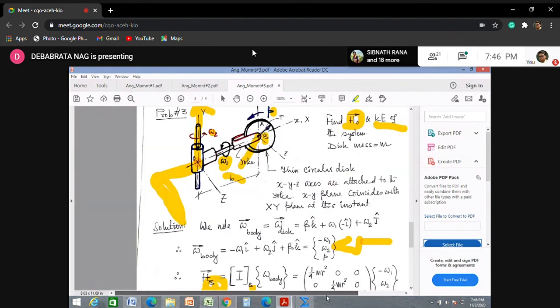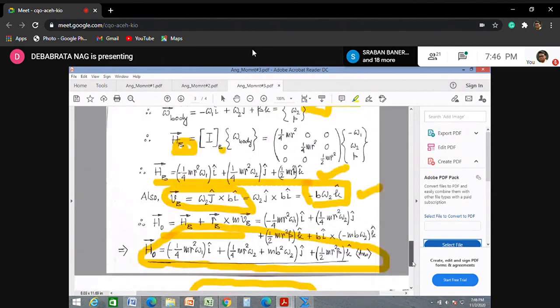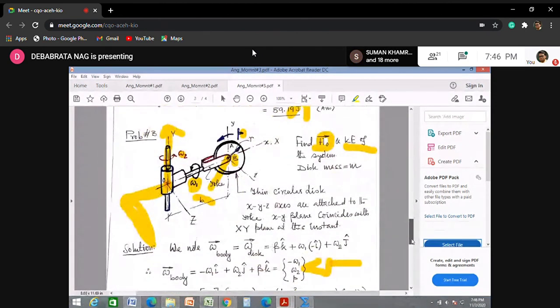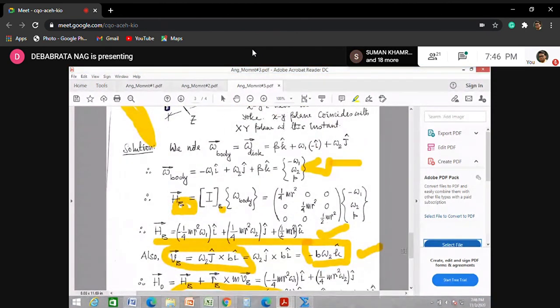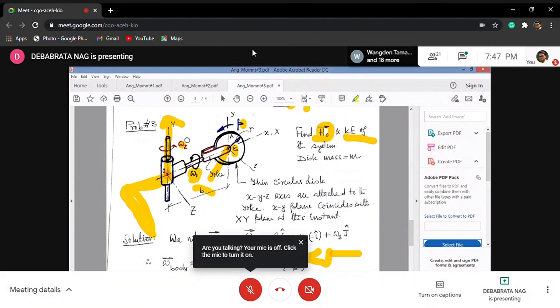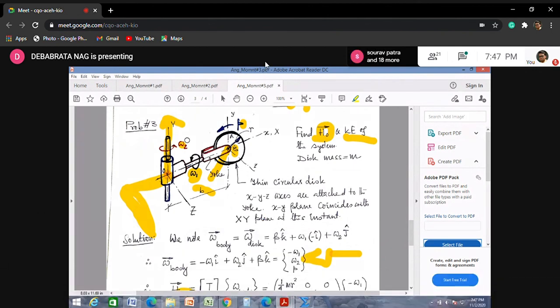So students, I took 3 problems to explain the basic philosophy of this chapter. In this chapter, you will be given several geometries. I tried to show you different types of geometries: one simple problem, one a little bit complicated, and the third one more complicated. I took these 3 problems in this manner to show you the application and concept.